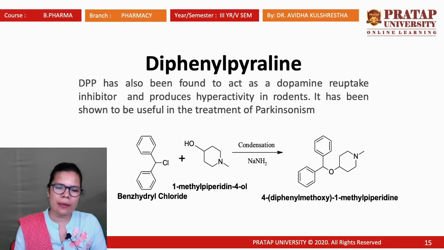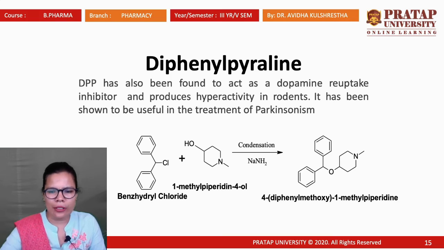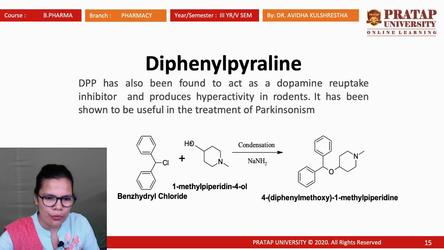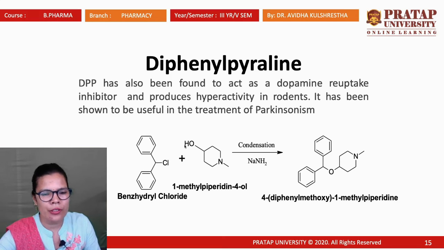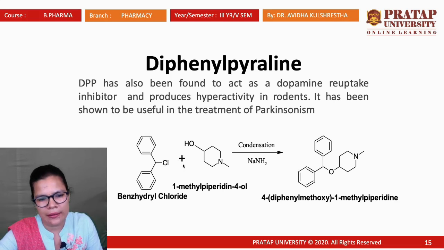The 6-membered ring with nitrogen is called piperidine. So this is a piperidine ring attached with hydroxy. So this is hydroxypiperidine, but the IUPAC name of this compound is 1-methyl piperidine 4-ol. It is also a very simple combination where HCl is removed and an alkoxy substitution takes place. This is just an ethereal substitution where HCl is removed and this oxygen takes place here. So this is a kind of condensation reaction in a basic medium, and the IUPAC name of this compound is 4-diphenyl methoxy 1-methyl piperidine.